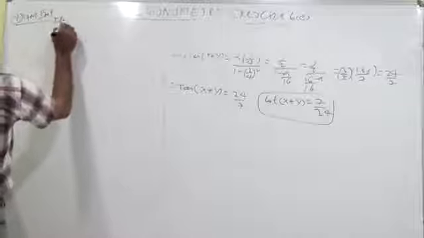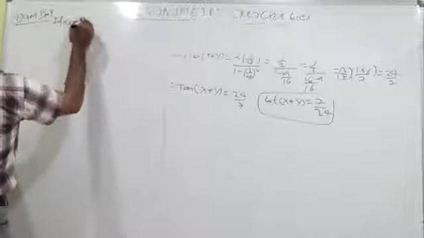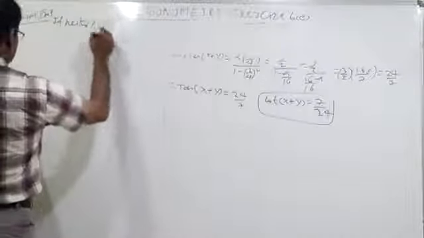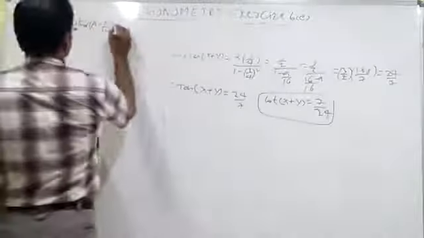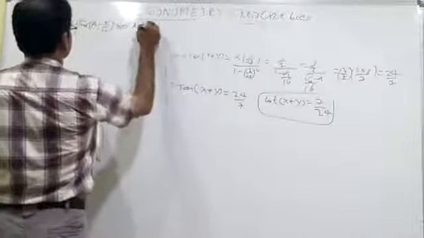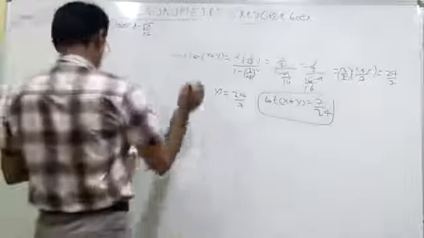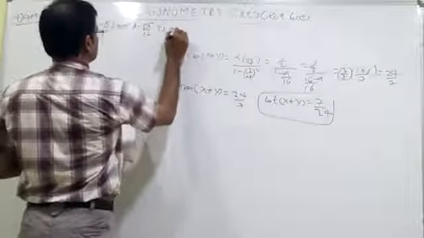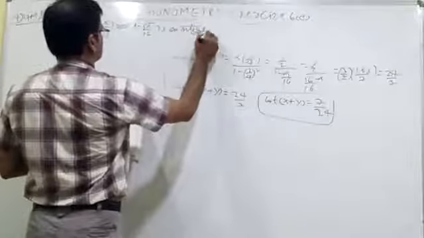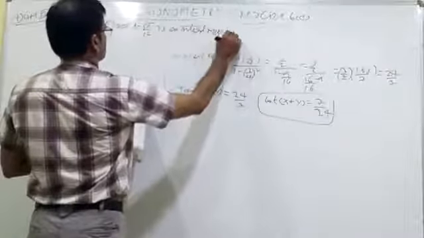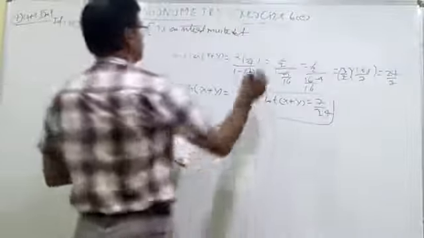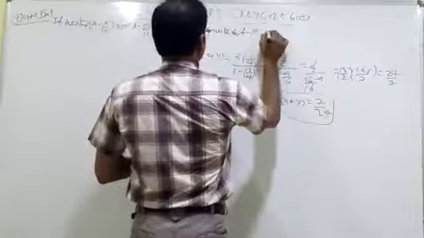If neither a minus pi by 12, nor a minus 5 pi by 12 is an integral multiple of pi, then prove that